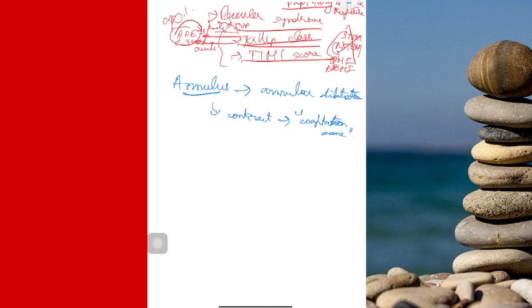So, what is this coaptation zone? When the annulus is going to contract, the valves are going to come closer to each other, and that is going to close the entry of blood from the left atrium to the left ventricle, or vice versa. So, this zone is what is called the coaptation zone. When you have an annular dilatation, your coaptation zone is going to be abnormal or it is not formed properly. So when the coaptation zone is not formed properly, you will find blood regurgitating back into your left atrium.